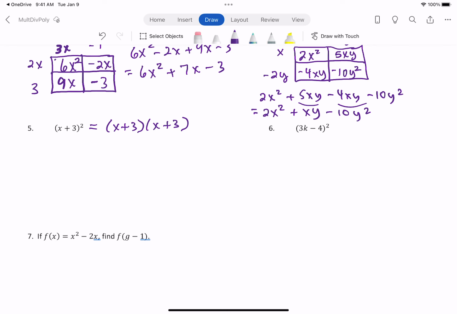So if I'm multiplying x plus 3 times x plus 3, if I use the box, I have x and positive 3 on the side and across the top. So x times x is x squared. X times 3 is 3x. 3 times x is 3x. And 3 times 3 is 9. And if we bring those down,